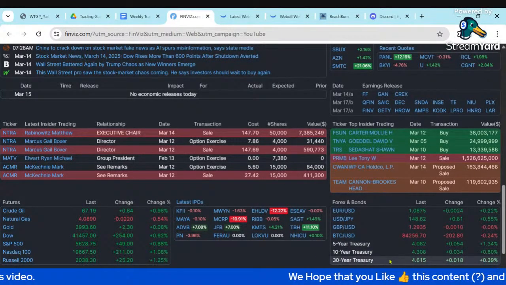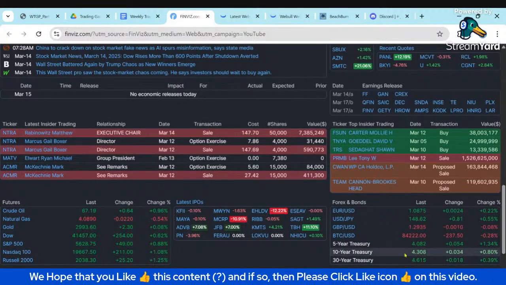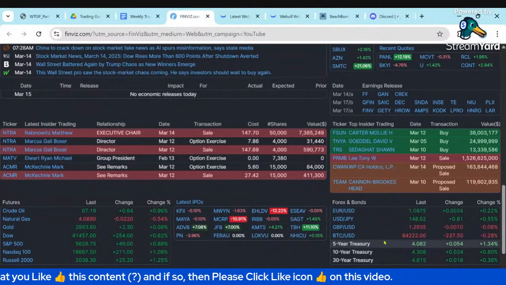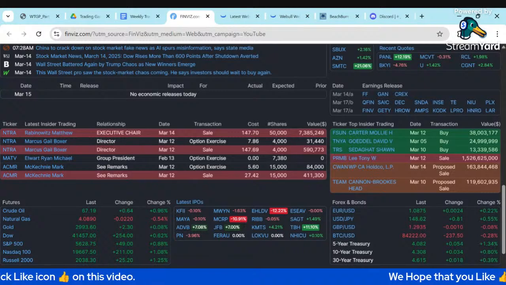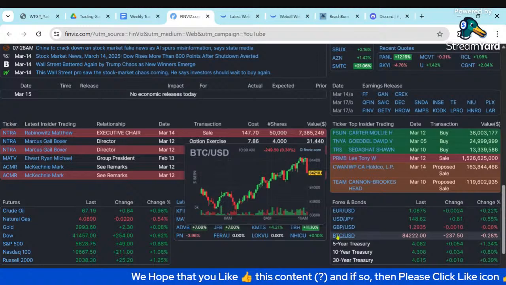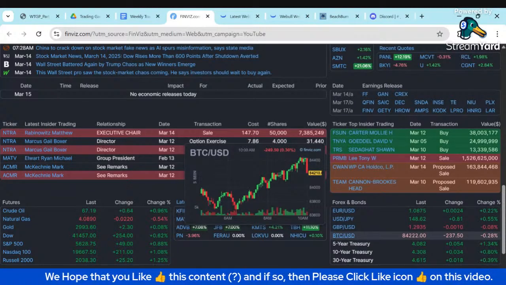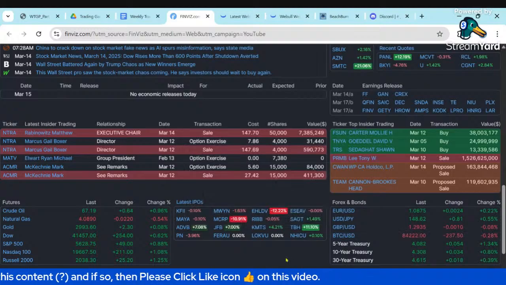Bond yields did bounce up a little bit on Friday, but we've still only got the 30-year at 4.6, the 10-year at 4.3, the 5-year at 4.0. So the past couple of weeks, we've seen a significant drop in bond yields, although bond prices are only up slightly. Bitcoin broke back down under 85 again, so support at 80, resistance at 85.